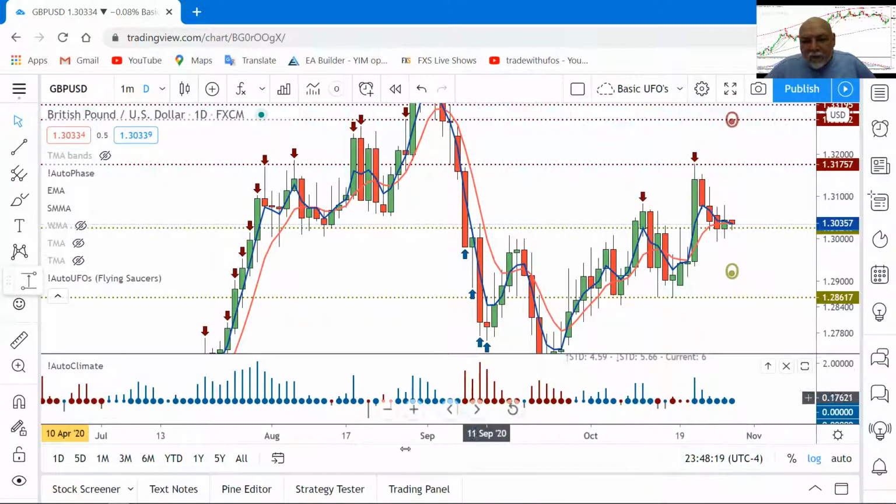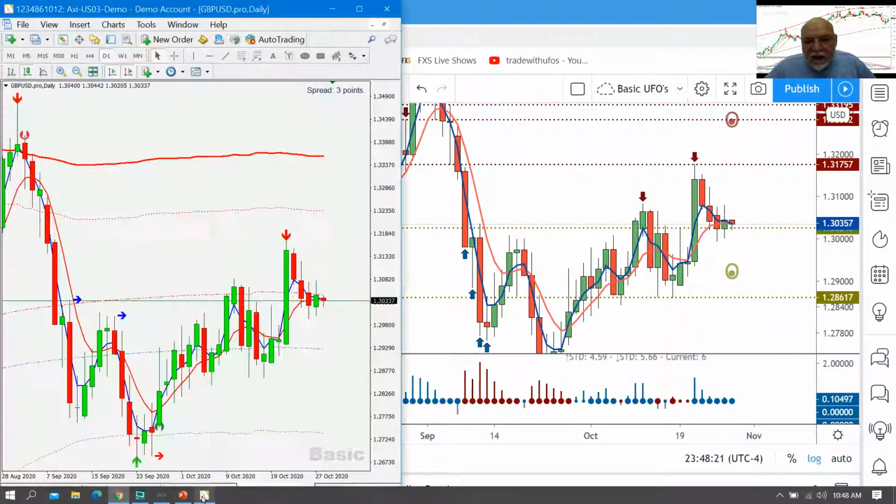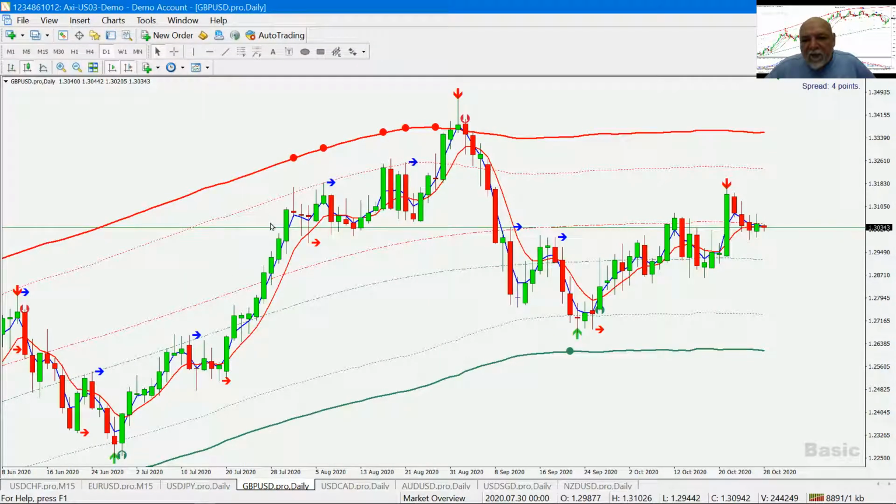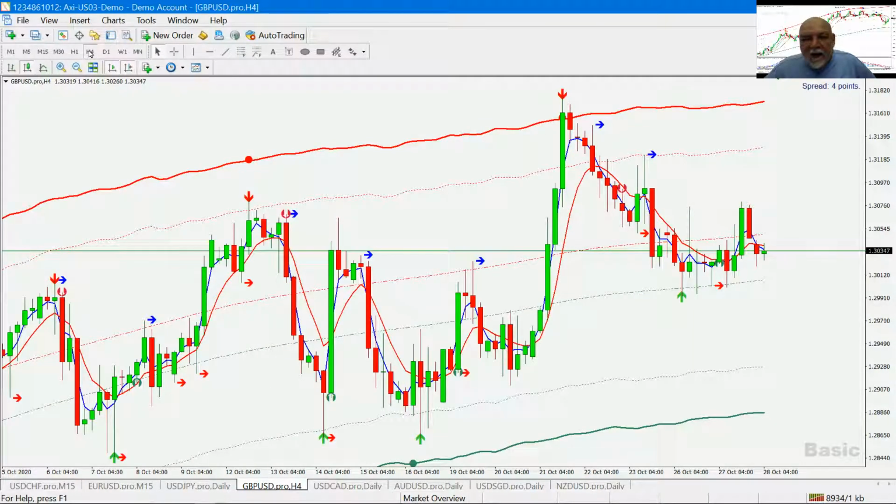Okay, so let's take a look at side by side. Here's daily, here's daily. You can see here, nothing is really happening on the pound US on the daily time frame. So let's see if we can find something. Go down to the 4 hour. Going down to the 4 hour here. Let's see, do we have 4 hour on the chart yet? I think we do.